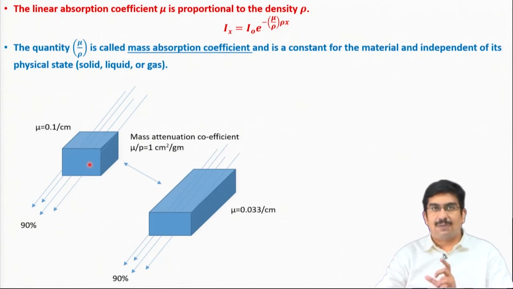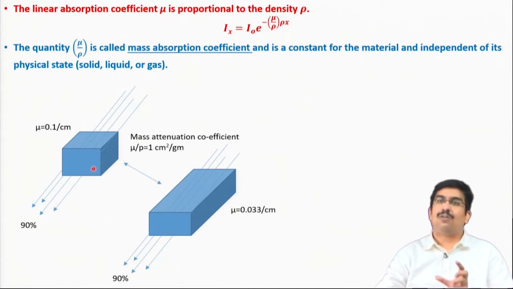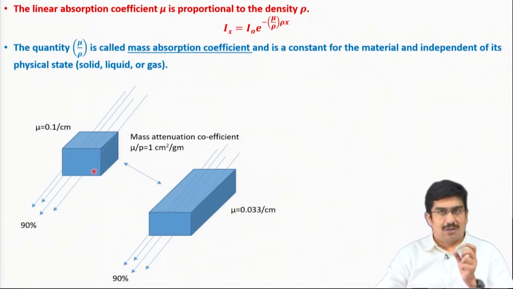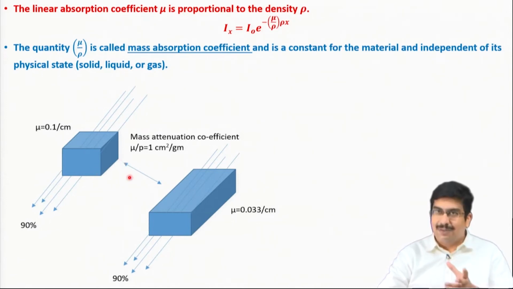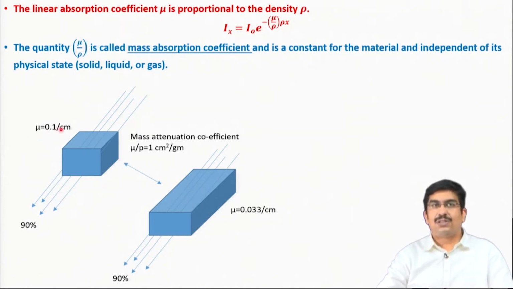Amount of absorption, just like what we discussed, is 10%. If the thickness is 1 centimeter, the linear absorption coefficient is 0.1 per centimeter. If the thickness of this material is slightly longer, the linear absorption coefficient will also change accordingly. What will remain constant is the mass absorption coefficient, because the density of the material is changing between these two,